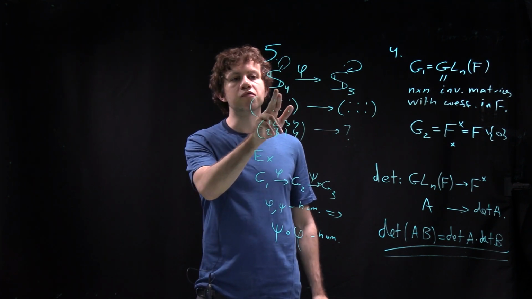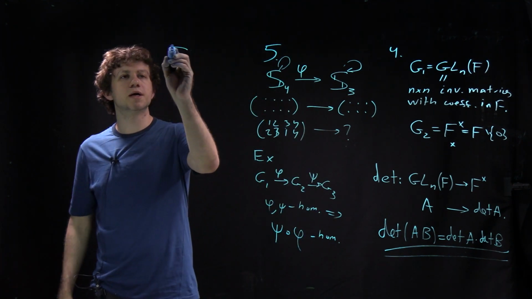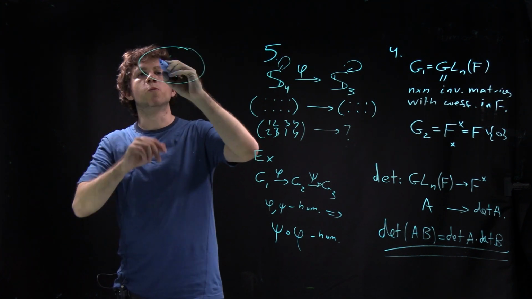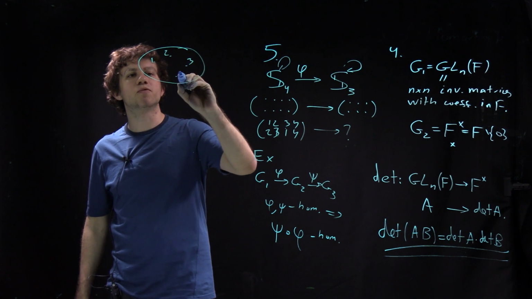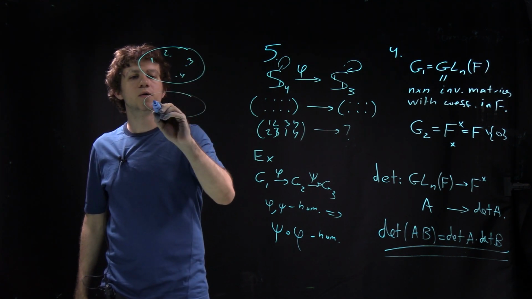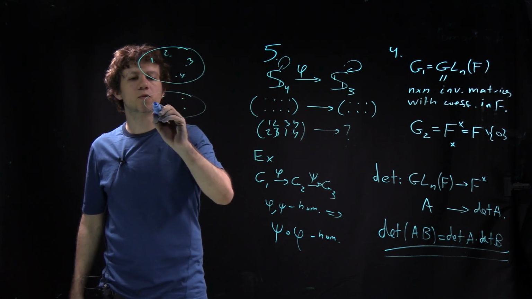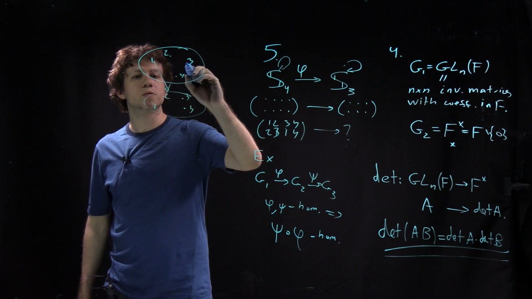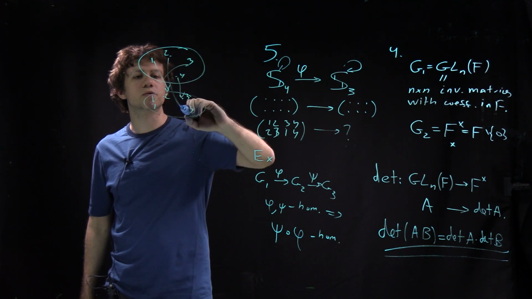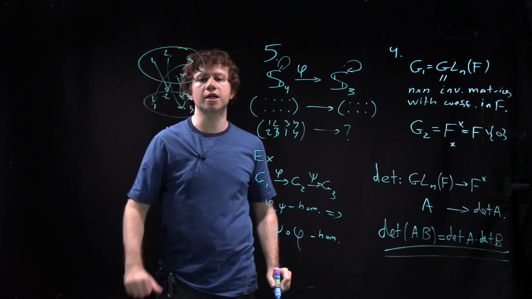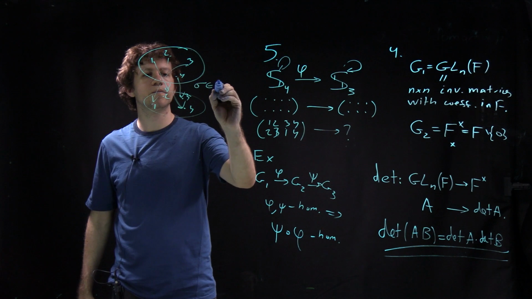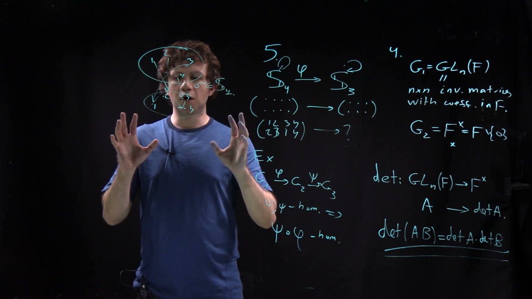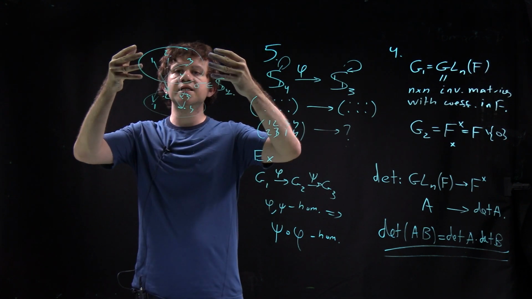What is S4? S4 is the group of bijections of a set with 4 elements. So we have a set with 4 elements, and then we can permute them in some way. Say this one goes here, this one goes here, this one goes here, this one goes here, or something like that. That's what an element in S4 looks like. Okay, so here is an idea. If it is a bijection,